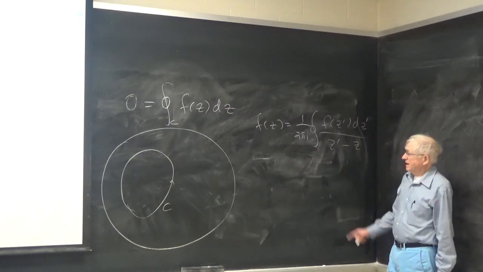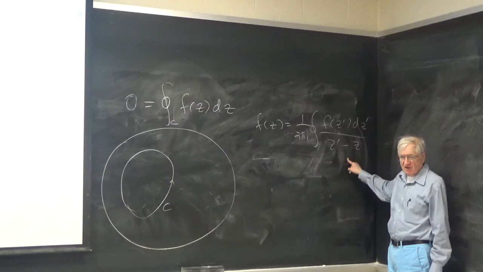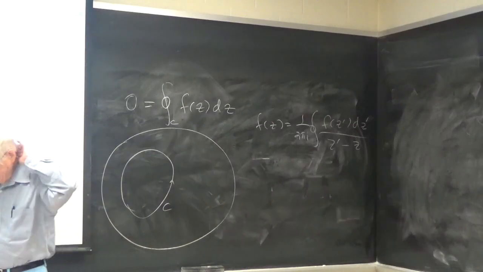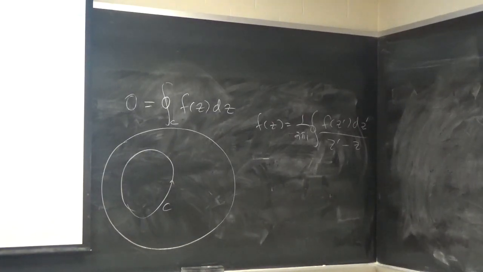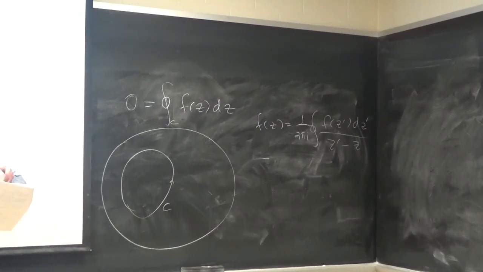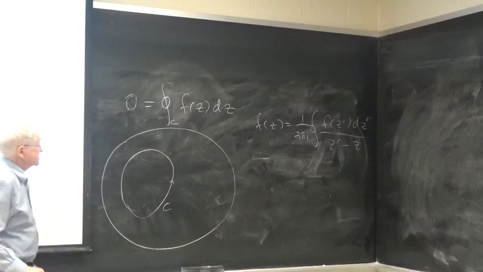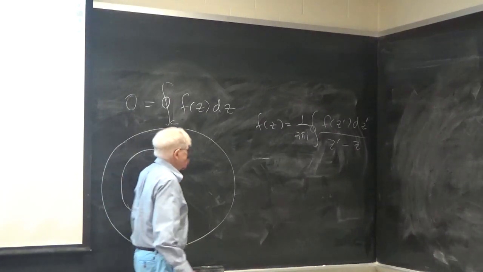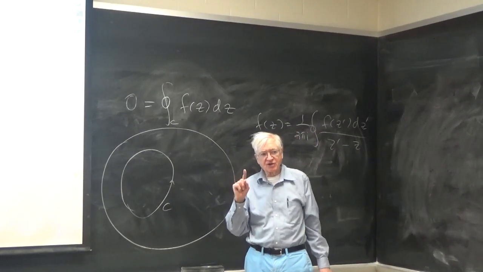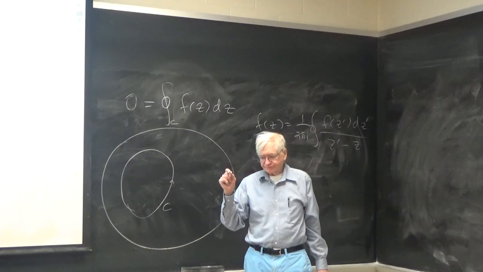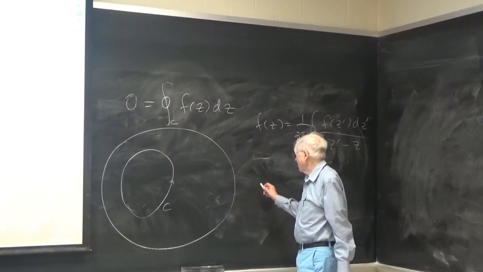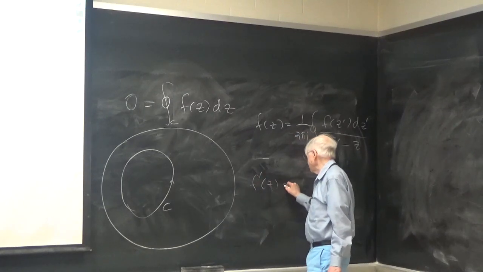So that's Cauchy's theorem. This is Cauchy's formula, and essentially everything in analytic function theory follows from these two formulas. And of course, the second formula followed from this formula, and this formula follows from the definition of analyticity, namely that the derivative of the function exists no matter how you take the limit, in other words, f prime of z is a